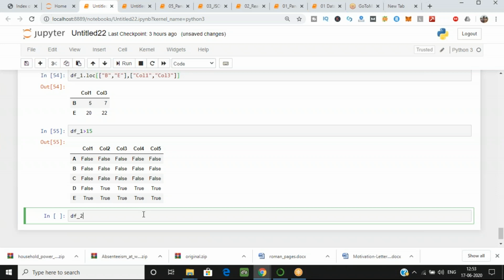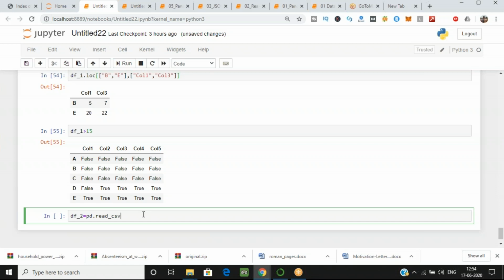Now, data frame 2. I have to create a new data frame because I want to read this file. If you have a CSV file that is already an inbuilt database and you want to build a new data frame from it and apply rules over it, how can you do that? Just write pandas, that is pd dot read underscore csv, because this is your CSV file.